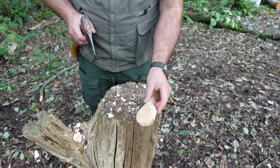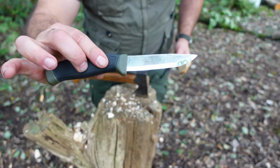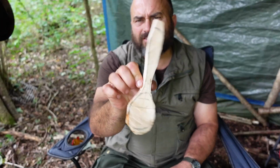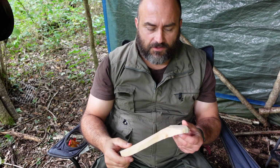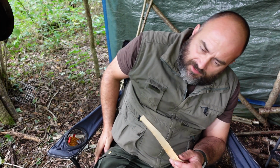That'll do for now. And carve it with that, my Companion. Okay, so I've roughed that out with the axe. This is a piece of the birch that fell on top of the shelter. Thought I'd make something out of it. Just going to rough it out now